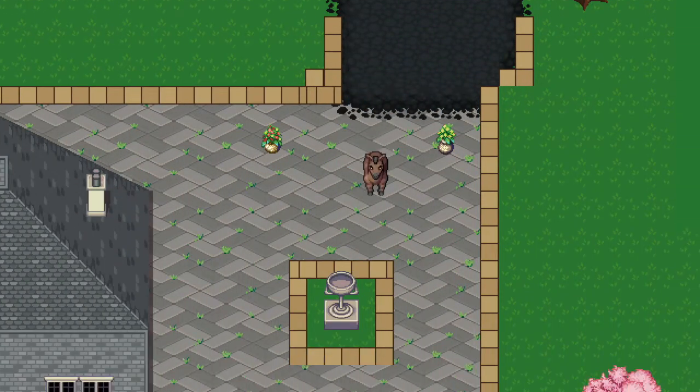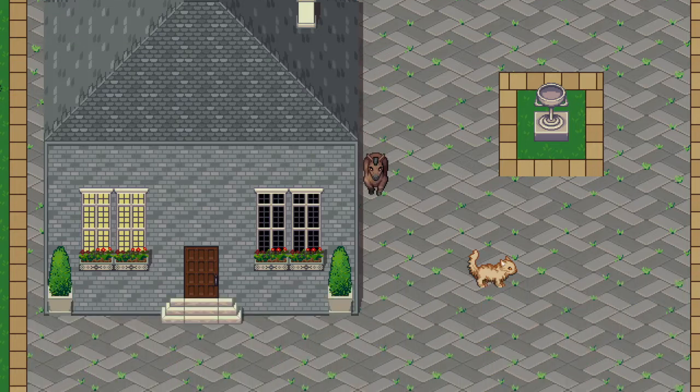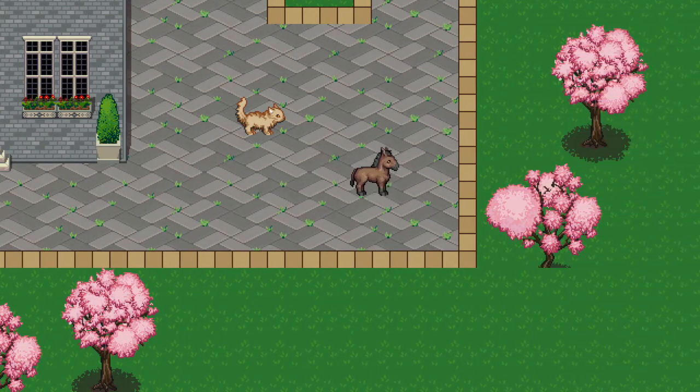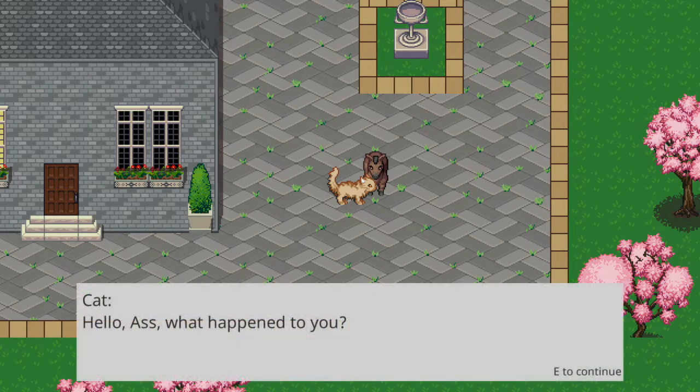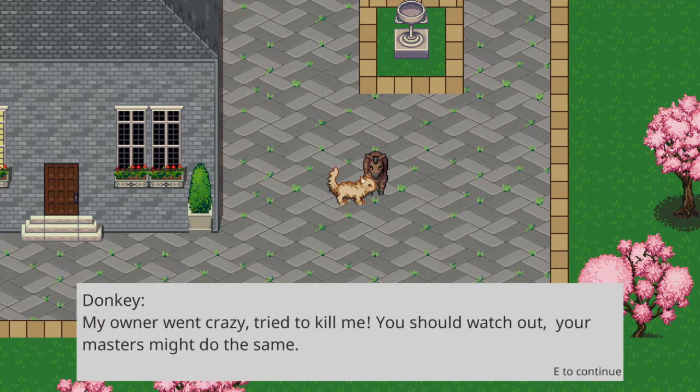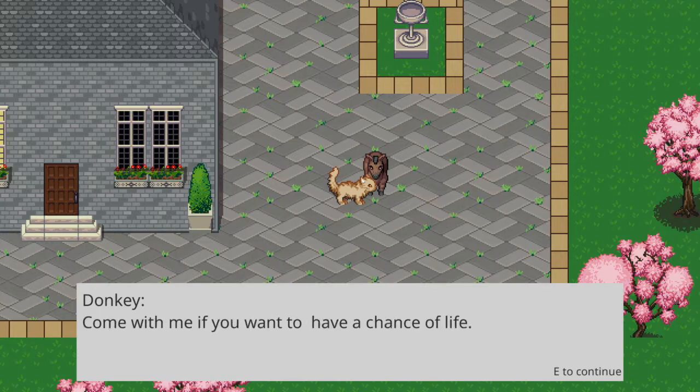It's down here. So some sort of house. There's a cat. I was kind of expecting that at some point. Alright, that's nice. I like that. Hello, ass. What happened to you? Marvellous. Oh, there you are. So now it's explained. That's good. They tried to kill me. Did either of you have a look at this in the extra? Yeah, I had a look at this one. Cool. Alright.